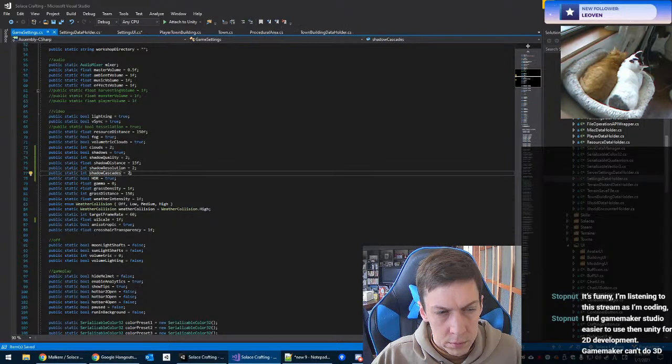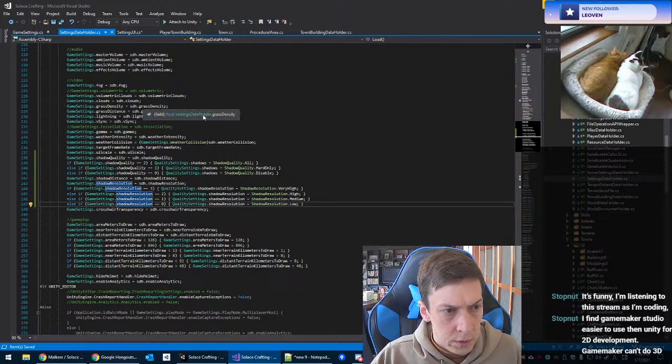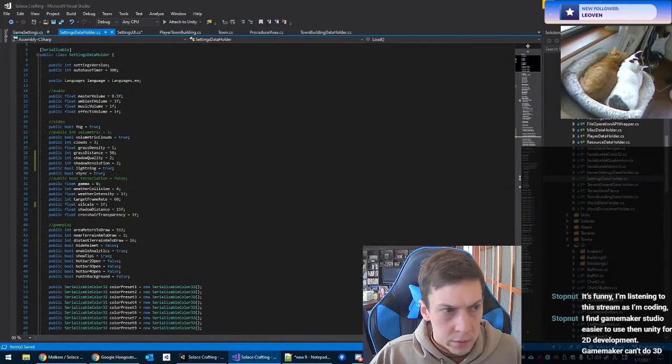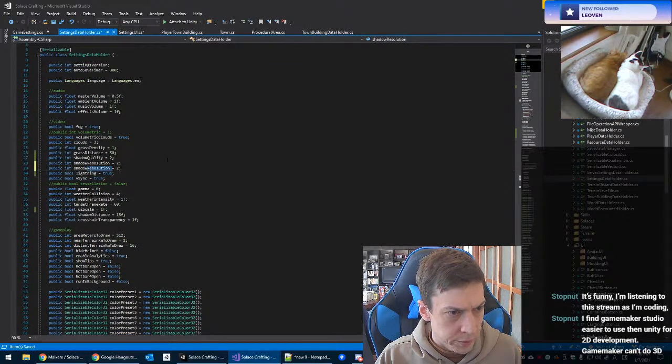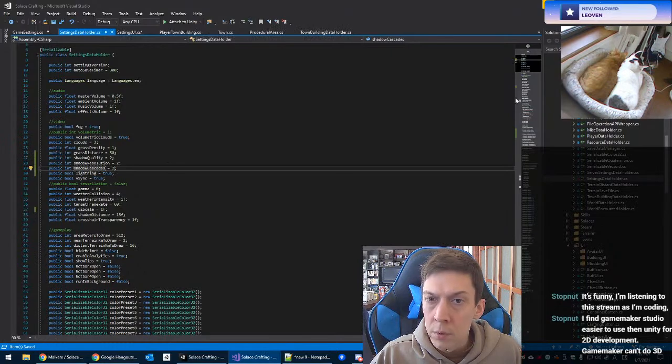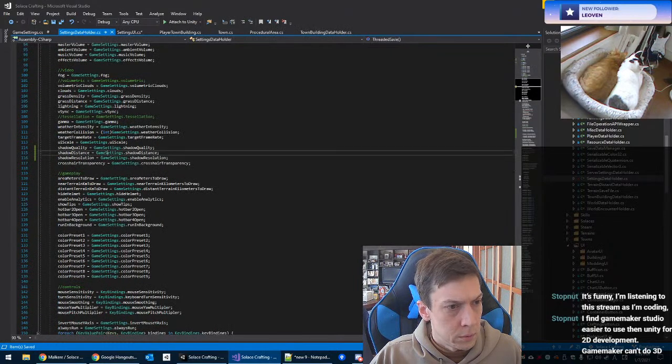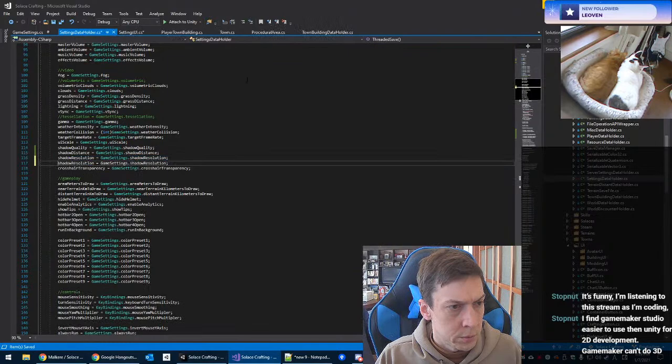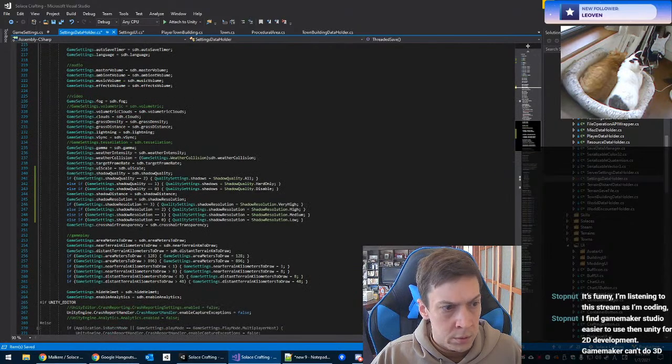Yeah, I'll go ahead and program that in my head rather than going 2 and 4. Shadow cascades equals 2. Shadow cascades, shadow cascades, and